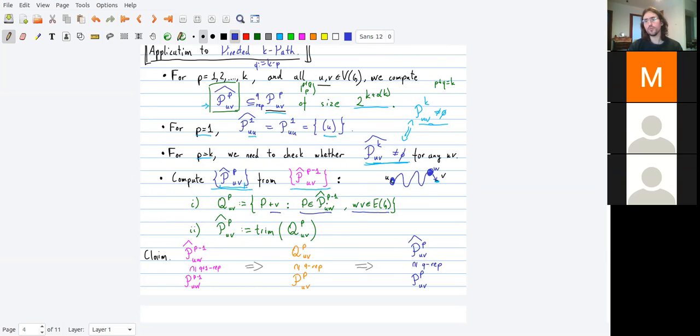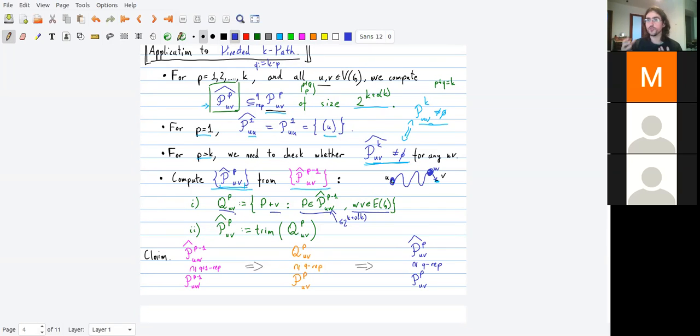So in this way, I took representative families from u to every possible predecessor w, and I brute-force appended v at the end. What I know is that these families are of size at most 2 to the power k plus small o of k. But in this way, this family Q can be too large,